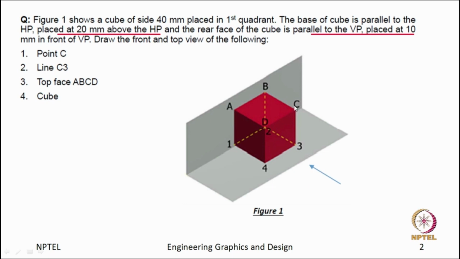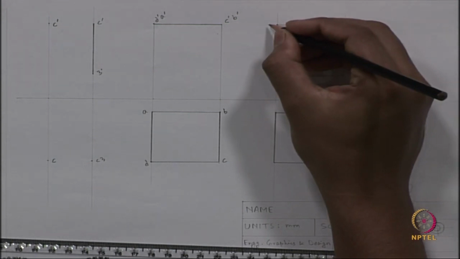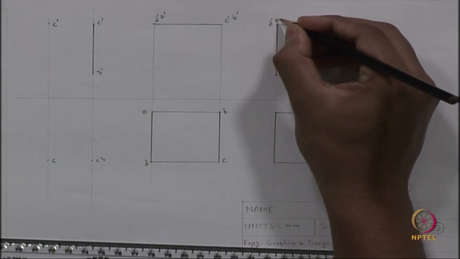Point C and point B will coincide at a single point. Points 3 and 2, as well as points 4 and 1, will coincide at a single point while looking from the front. So, we will mark this point as D dash A dash,